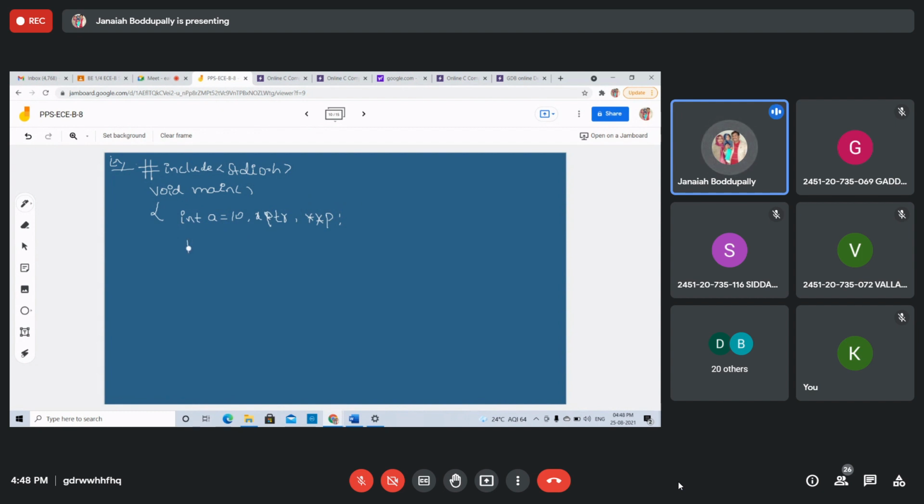Now ptr stores the address of a, ampersand of a. Right? P equals, now tell me, P is ampersand ptr. Very good. Now we are storing. Now one by one, see this figure first.